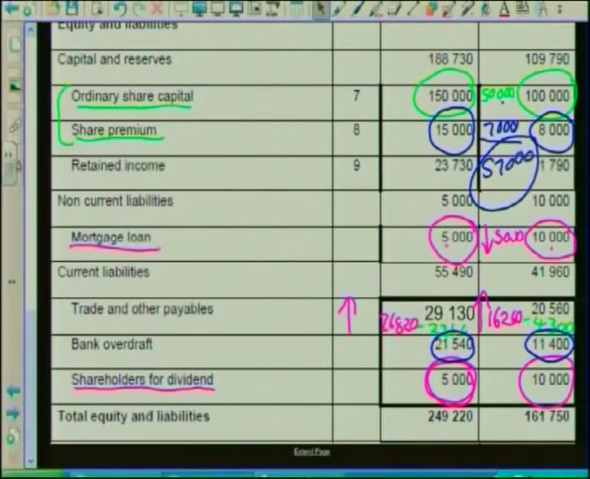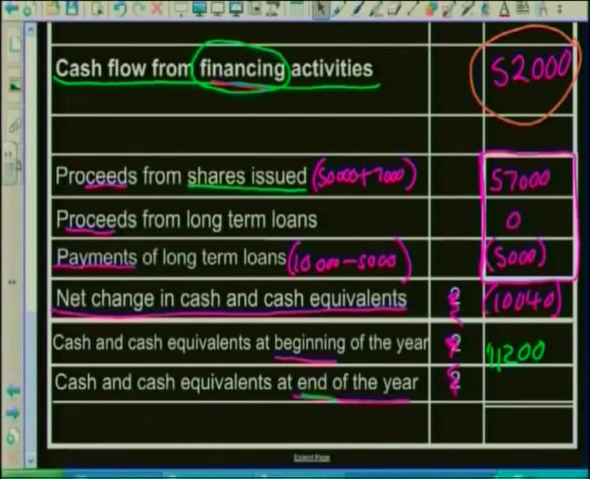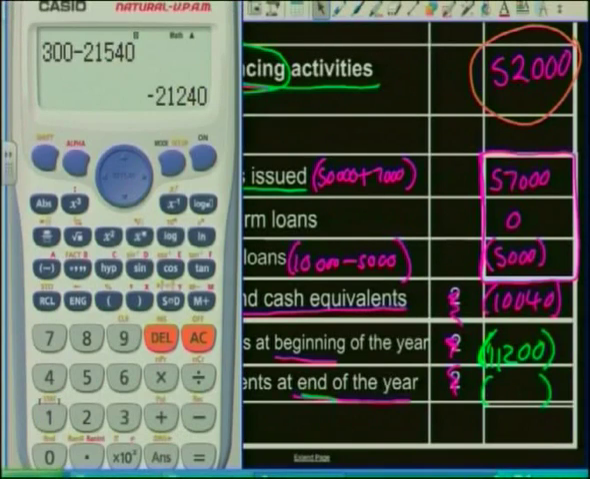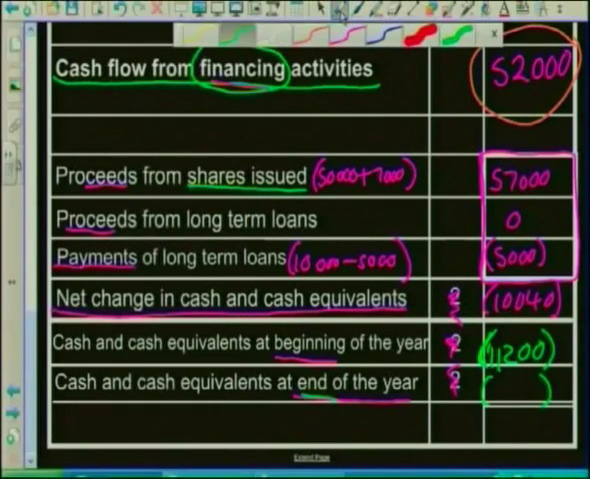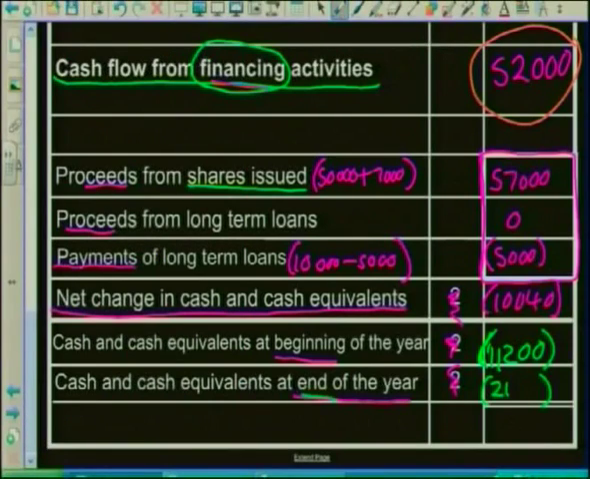So let's now fill that in. At the end of the year, your cash and cash equivalent, and there you go. I forgot to put this in brackets. Let's just put that quickly in brackets. We've got that negative amount of 21,240. Okay, so if I had to ask you what then was the net change in cash and cash equivalent,